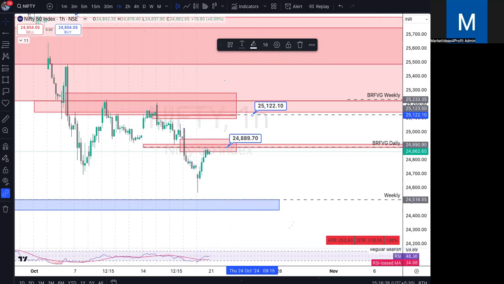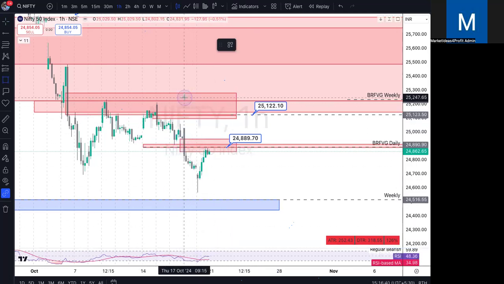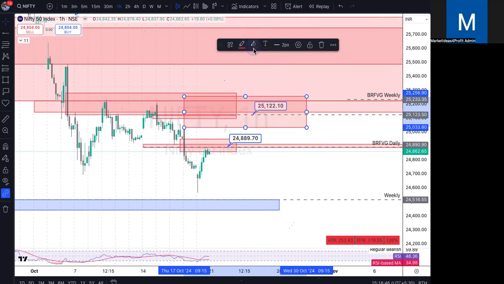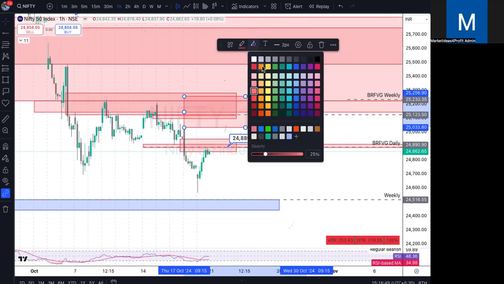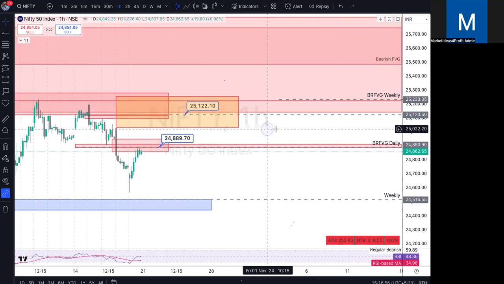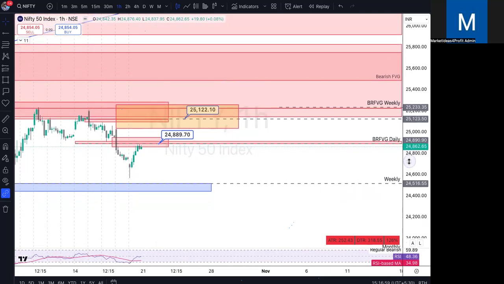So I would consider this zone as the zone where I think we will face a reversal. I'm going to mark this in orange for a change. This is the area between 25,254 and 25,040 from where we could see a reversal back to the lower end